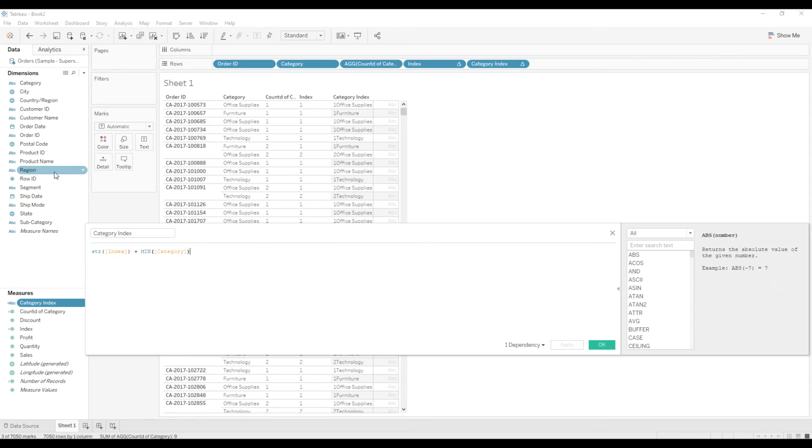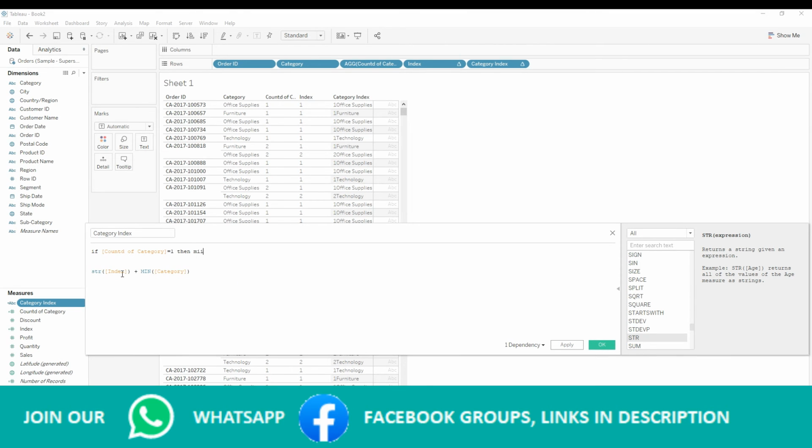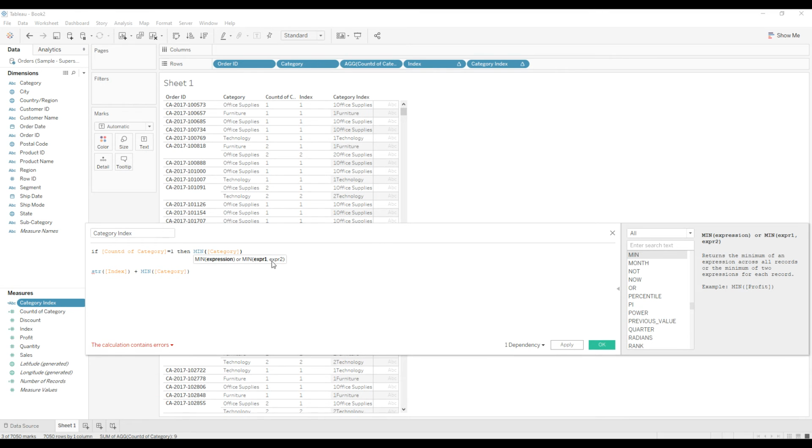So category index, right click and edit. So I'm going to write an if condition here. So if this count distinct category calculation returns 1, then we don't want to add index, we just want the category. Since the calculations are aggregated, I am just adding an aggregated function here.